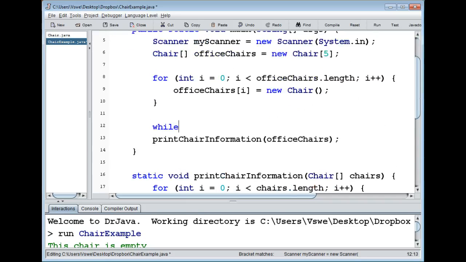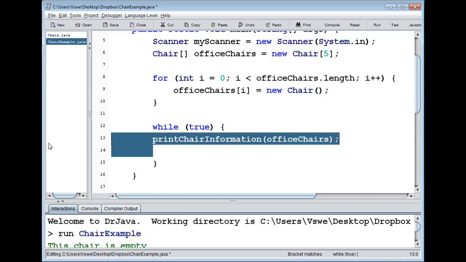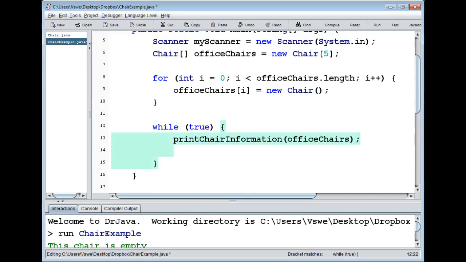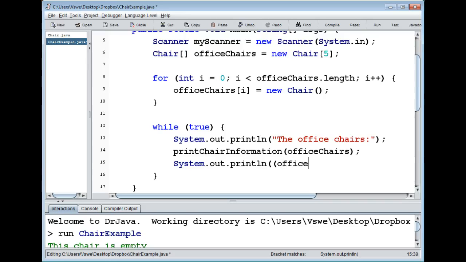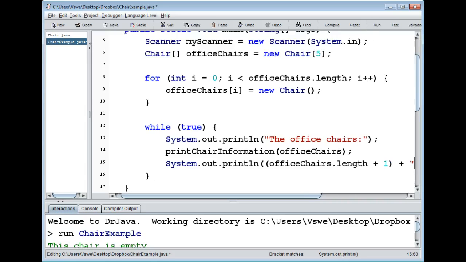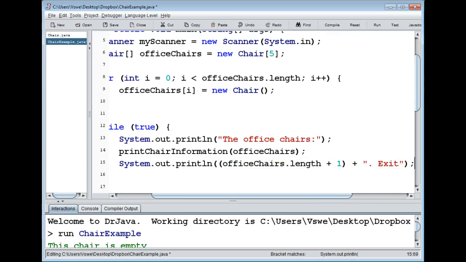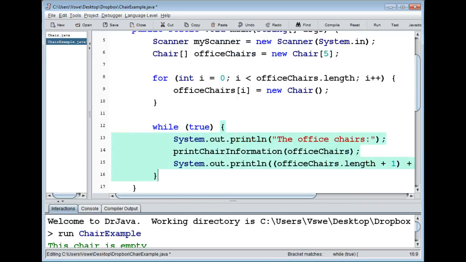So I'm going to do a loop here, so we will do things forever, well, until you want to break out of it. System.out. So just to make it a bit better here, I'm going to print out that these are the office shares, and then it's going to print out those shares. And finally, I want to print out the option to exit out of this loop. So then we just do office shares.length plus 1 plus exit. So we tell the user that if you type this number, then we should exit